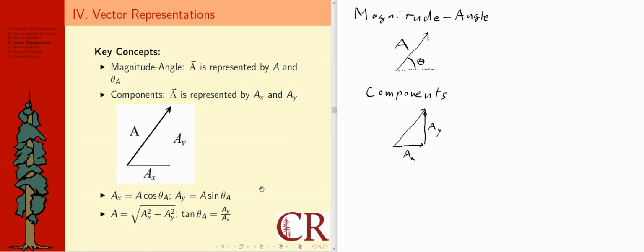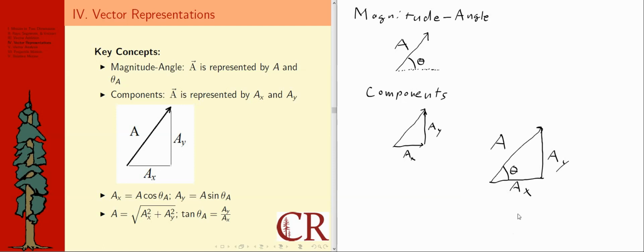you could say, oh boy, more formulas to memorize, but it turns out you might already know these, because if I redraw the vector I have here, and I might not get it perfect, I'm going to draw it a little bit bigger, and actually maybe I don't even need to draw the arrow, but I'm going to draw what I like to call the component triangle. In other words, if this represents the magnitude of that vector A, which is part of the magnitude angle representation, and if this line segment down here is the x component, and if this line segment is the y component, and those of course comprise the component representation,